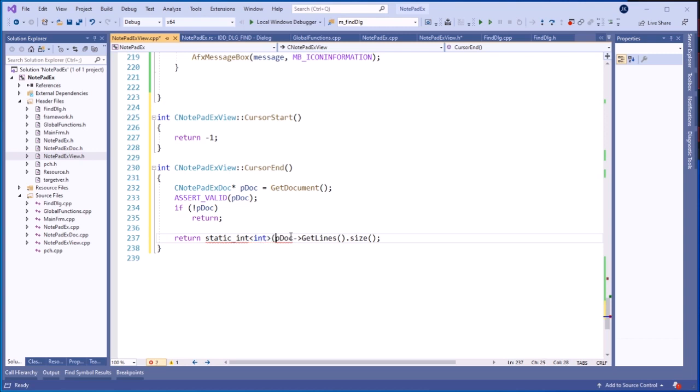So now it's an integer instead. That's fine. Static int. Sorry, static cast. We are casting it. So now we have these two functions, and so next thing we want to do is